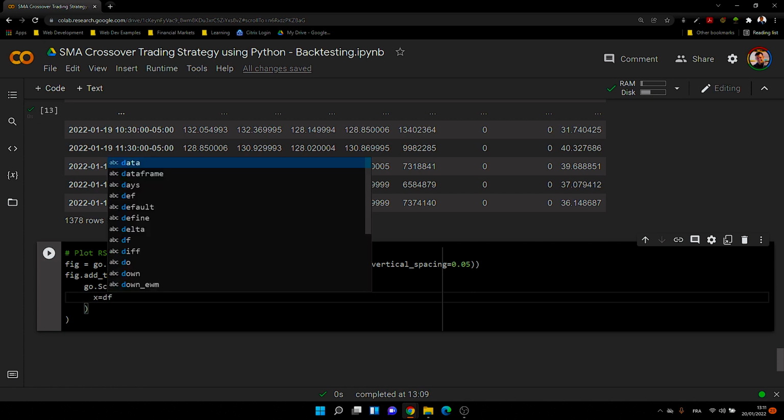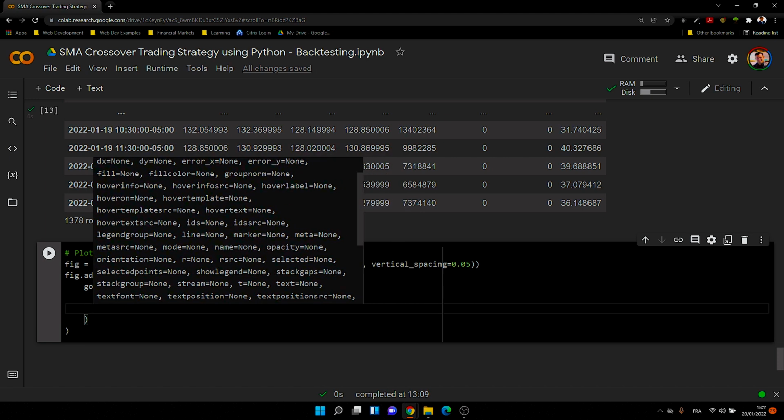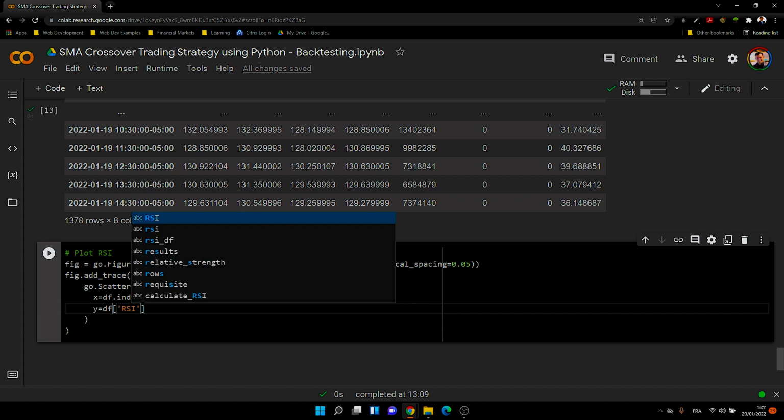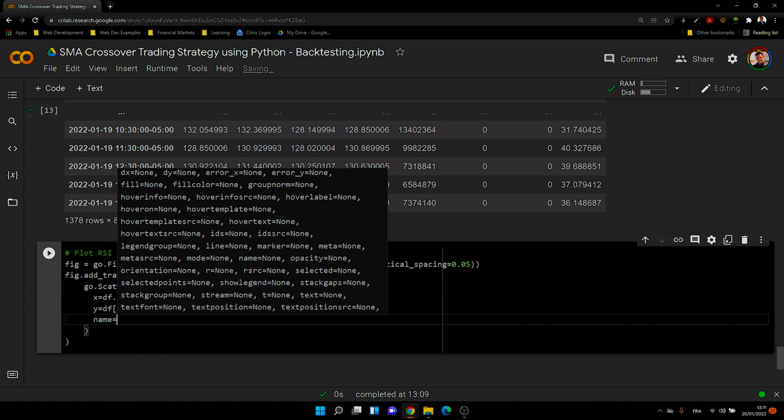Our x-axis will be the data frame's index, and then our y-axis will be our data frame's RSI. To plot our RSI levels, we'll give it the name of RSI